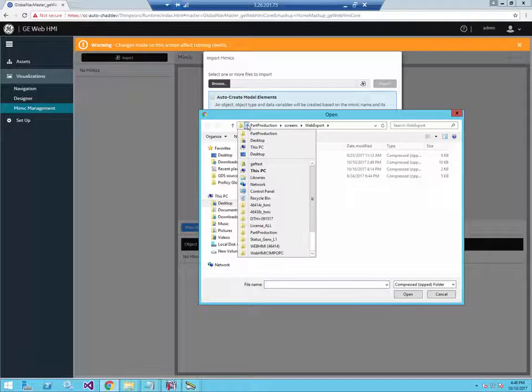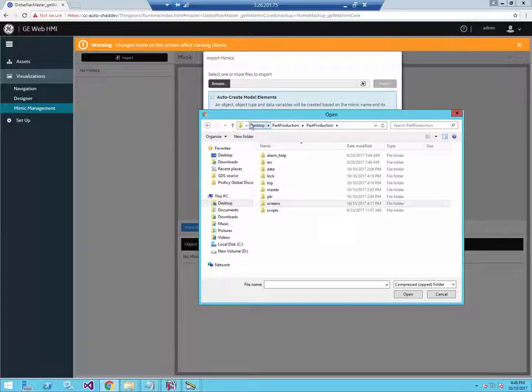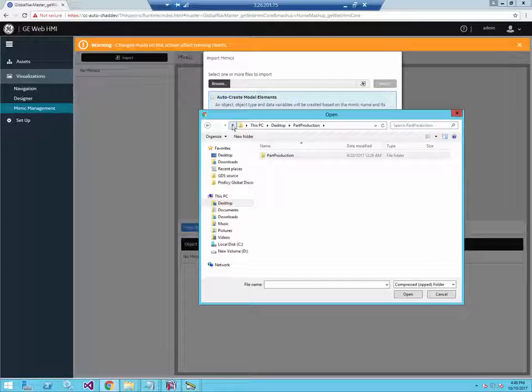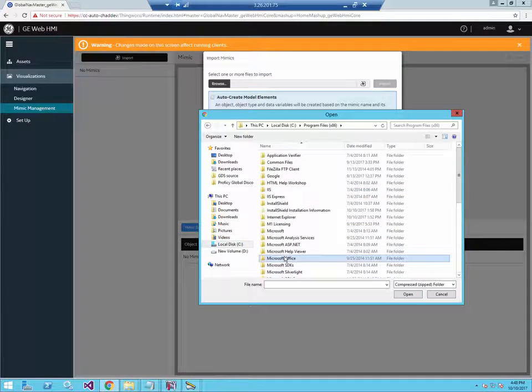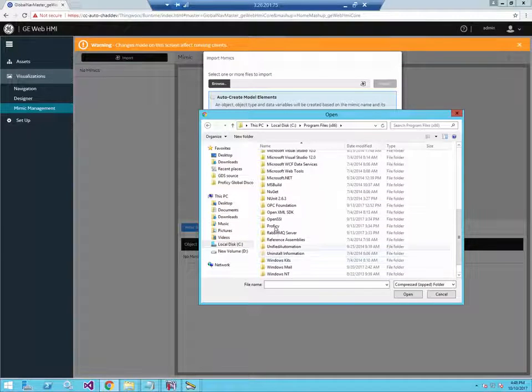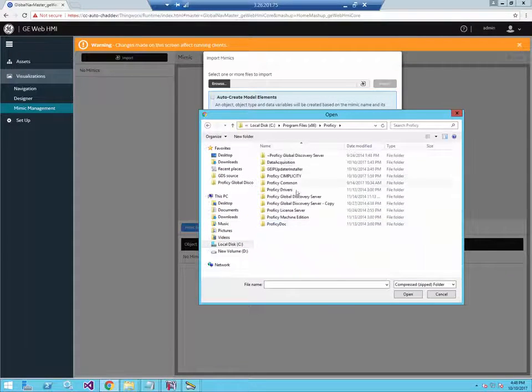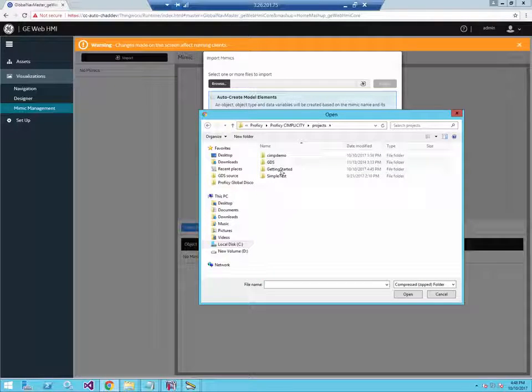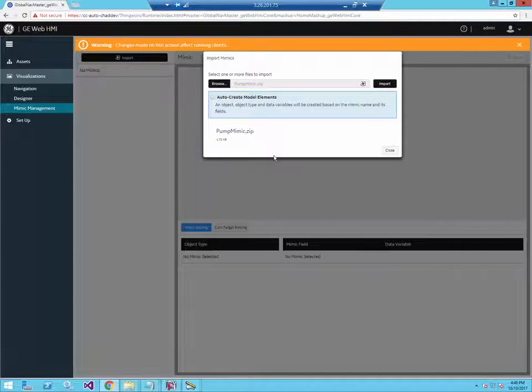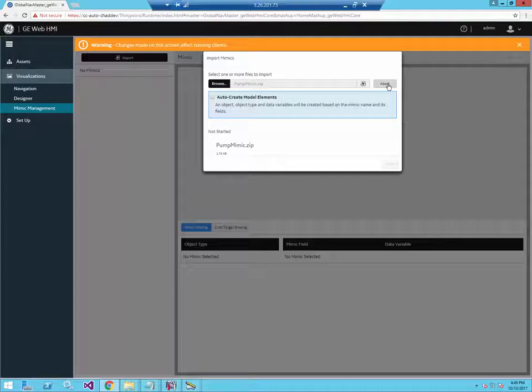Let's go back here. Let's go up. So I put my project under the Cimplicity folder. Let's see, Cimplicity projects, getting started. So where it exported to, if you didn't take note, is under the project screens folder. There's a web export folder that contains all your exported mimics by default. So now I'm going to import that,